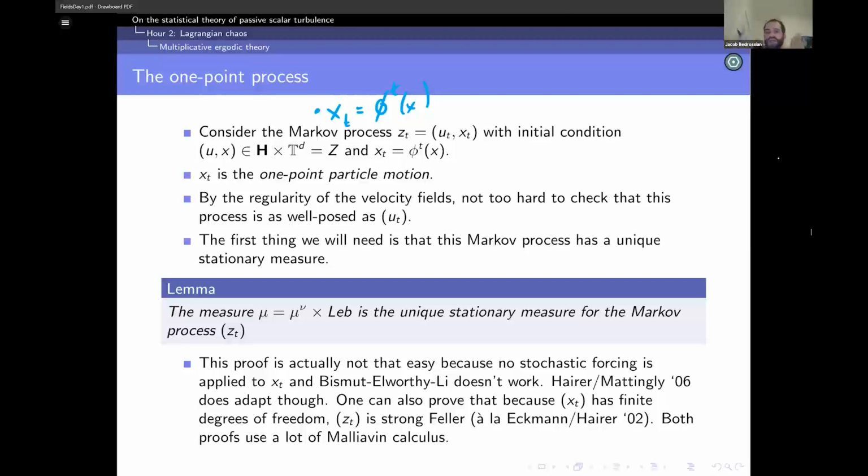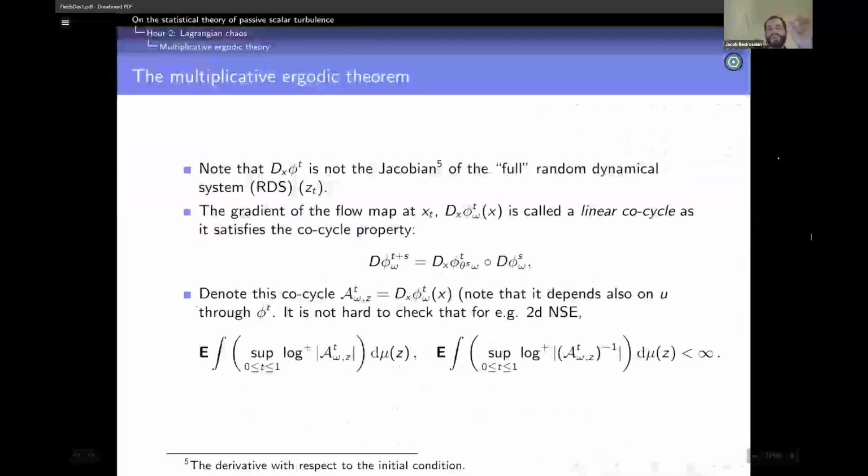The first thing you want to prove actually is that it has a unique stationary measure. That stationary measure is the stationary measure for Navier-Stokes cross Lebesgue measure on the torus. Proving that it's a stationary measure is kind of immediate because of incompressibility, but proving that it's the unique stationary measure is not obvious. That requires some serious work and some Malliavin calculus and so on, but I'm not going to discuss that. So that's the first thing you want to know, that this Markov process has a unique stationary measure. The next thing you want to understand is that